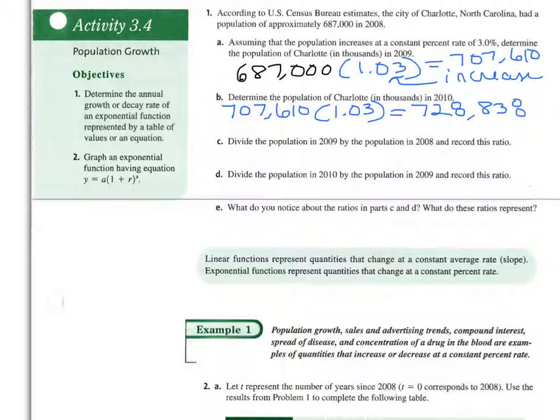Okay, so now we already know how to do C, D, and E, really. We've done it in the past. They're having us divide the 2009 population by the 2008. And then in part D, they're having us divide the 2010 by 2009. And we did that in past activities, and we did figure out it's a common ratio. That's what it means to be exponential, that each time I multiplied by 1.03. So we didn't even really need to do that. They told us it was a 3% increase, so we knew that we would multiply by 1.03. So same thing for here. Okay, it's a common ratio